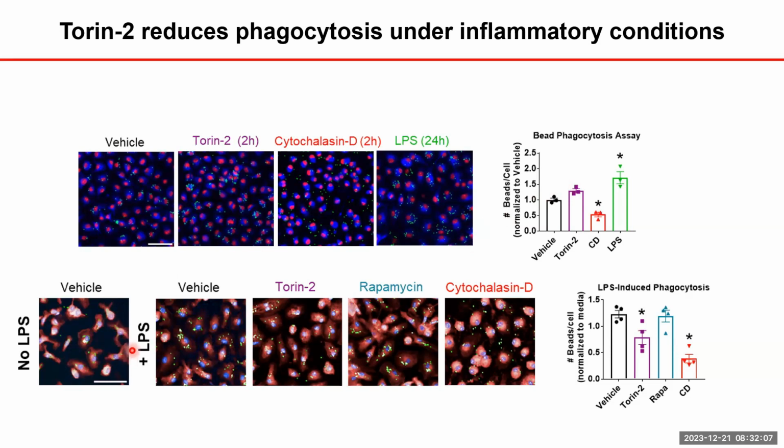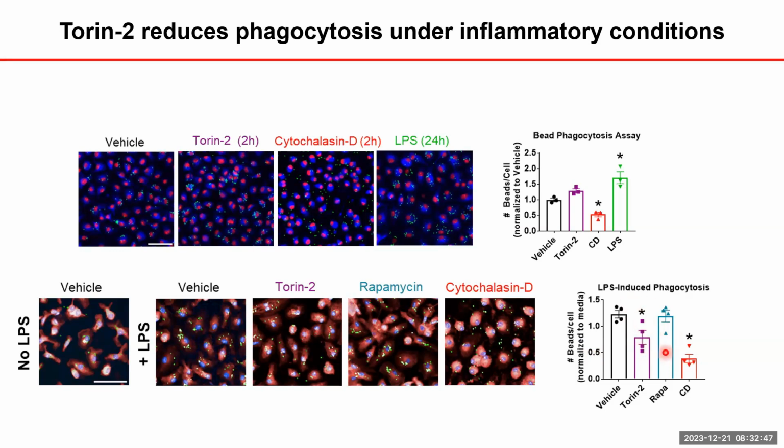And so what we did was we added LPS to the cells. And adding LPS increases the phagocytic capabilities, as you can see. There's more accumulation of these beads once you add LPS. And so under the pro-inflammatory conditions, now when we add taurine-2, it actually does seem to decrease the bead accumulation, suggesting that taurine-2 is also limiting accumulation of lipids in macrophages by decreasing phagocytic capabilities of the